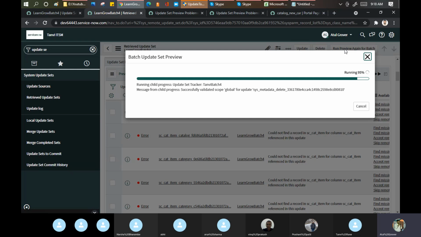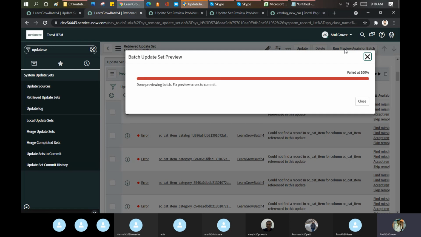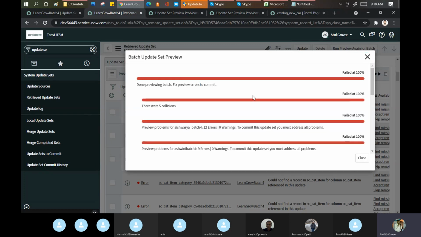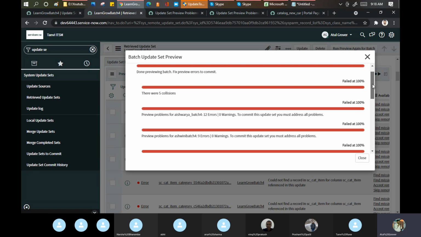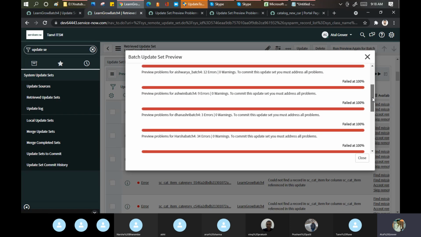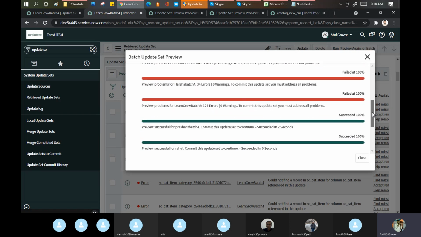Let's see what will happen now. Looks like everything is fine now. Again error. Okay, 5 collisions. Okay, preview. Still, I guess it is not allowing me to do it one by one.